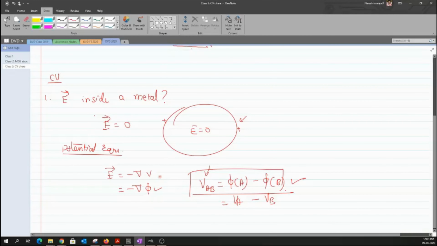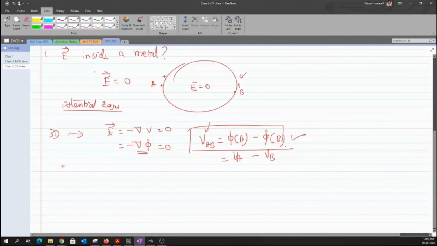So now, just because the electric field inside this particular metal is basically equal to 0, what does it actually mean for us? It means that the potential at point A will be exactly the same at point B as well, so only then the difference becomes equal to 0. This can be written as phi of A minus the gradient; in a one-dimensional quantity, the same equation can be represented as minus dV by dx.